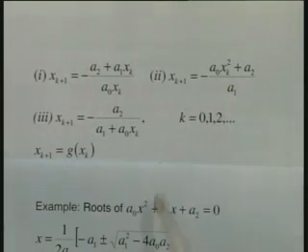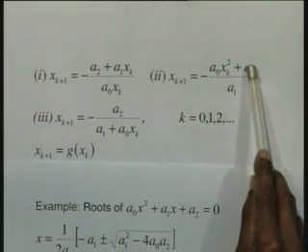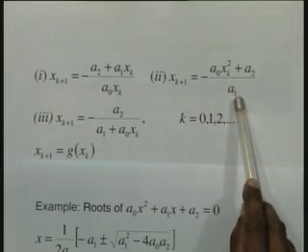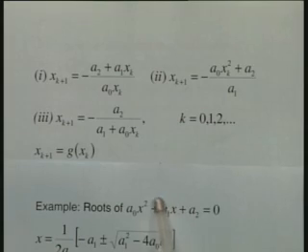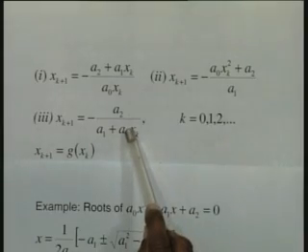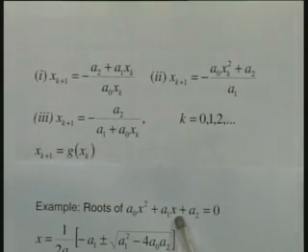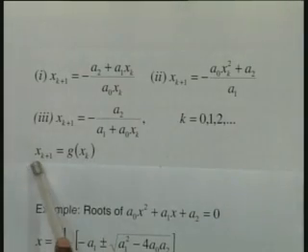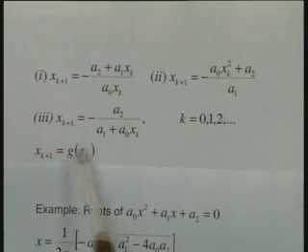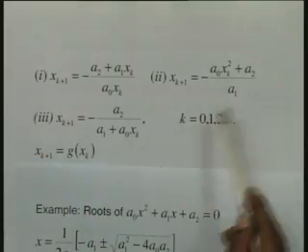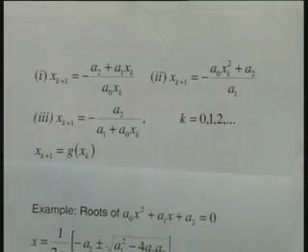Similarly in this case we have kept the middle term on the left hand side, the first and third terms on the right hand side, and then written an iterative method. And in the third case we have taken these 2 terms, taken x common, and taken a2 and this quantity to the denominator. So this describes 3 iterative methods for solving the same problem, and all of them are of the form xk plus 1 is equal to g of xk, so that the new approximation is here and the old approximation is over here. As I mentioned, which one of these will converge we will see later on.